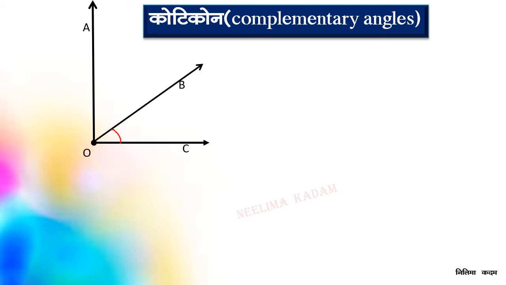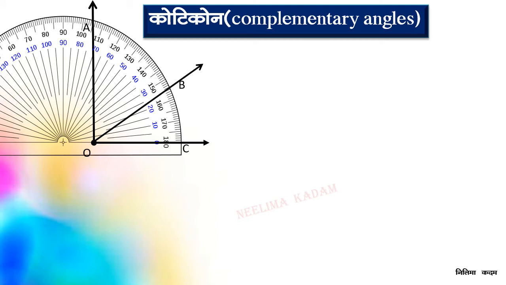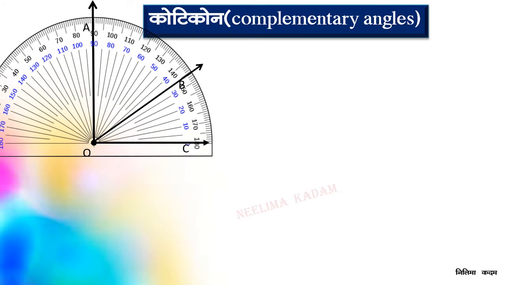Okay, now before understanding what is a complementary angle, let's measure these angles with the help of the protractor. कोन मापकाच्या सहाय्याने आपण या दोन्ही कोनांची मापे मोजूया. First we will measure angle BOC. Okay, so we will put our protractor like this on OC, this zero line coinciding with OC, and we will measure this over here. How much it is?